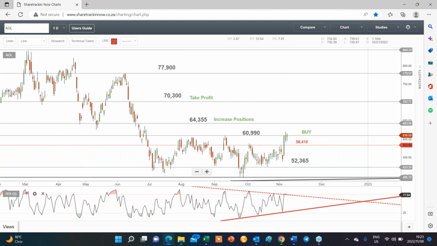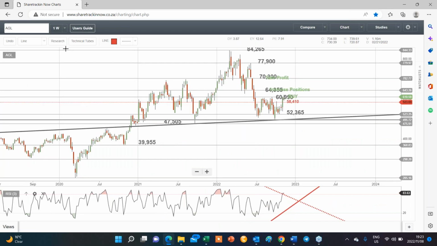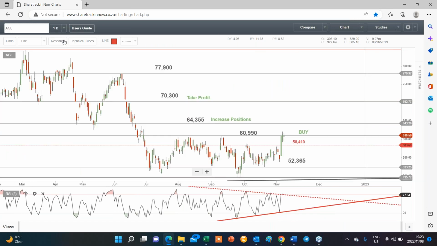All right, let's just see the weekly. Okay, weekly has just entered overbought territory, which is not as bad. I just don't like it when it's sitting in overbought territory like that, and then it gives you a buy signal, and that's going to be trouble. But it's just entering, still gives us room. So the buying level there would be at